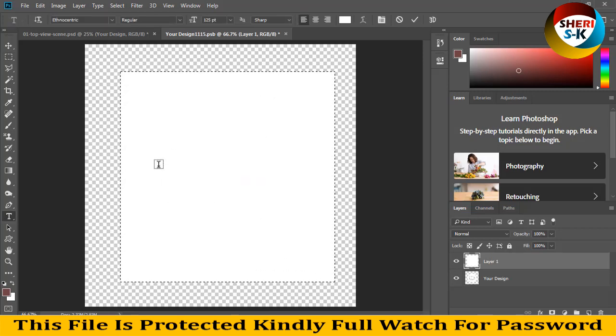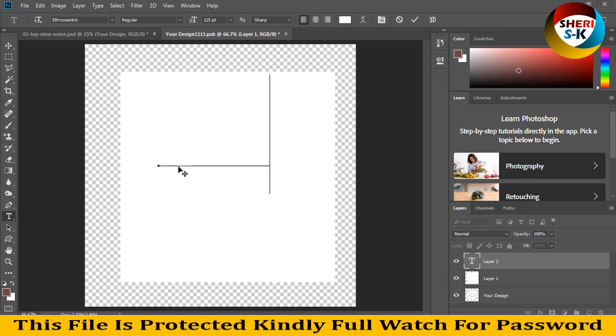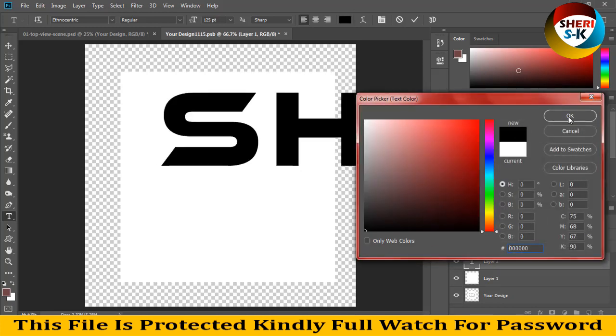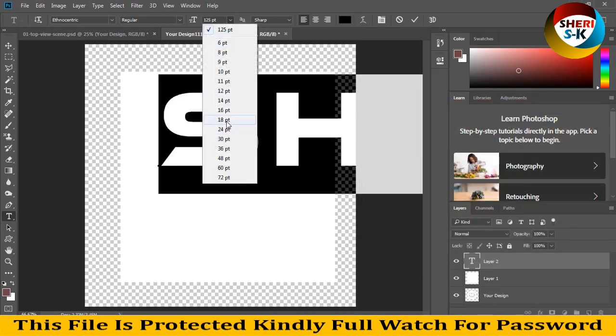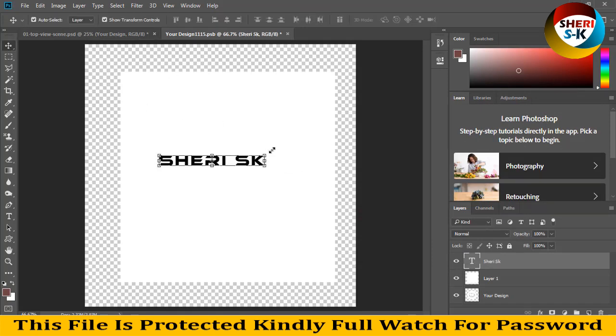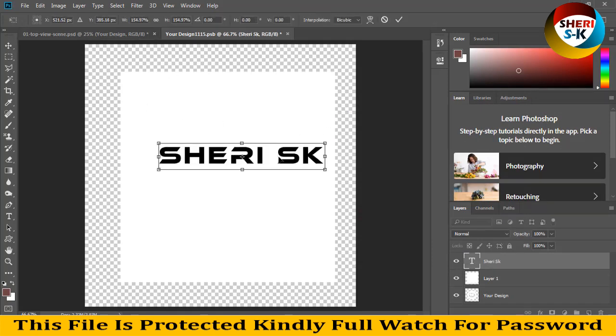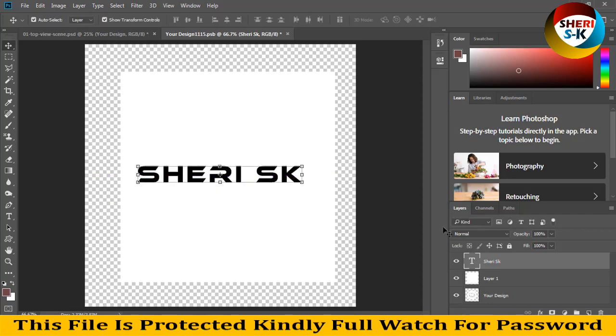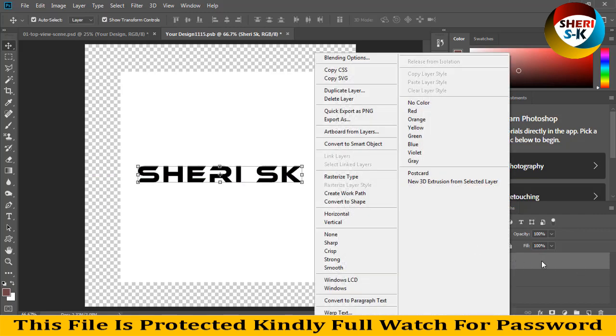Press Alt Backspace, then select the back color on here, Sheri SK. Font color is white, black here, and then size is 18, okay. Enter here, right click,